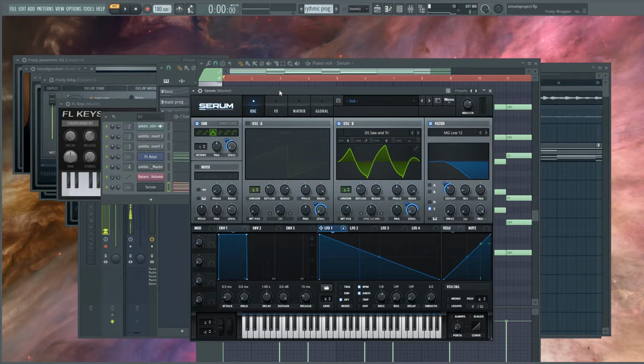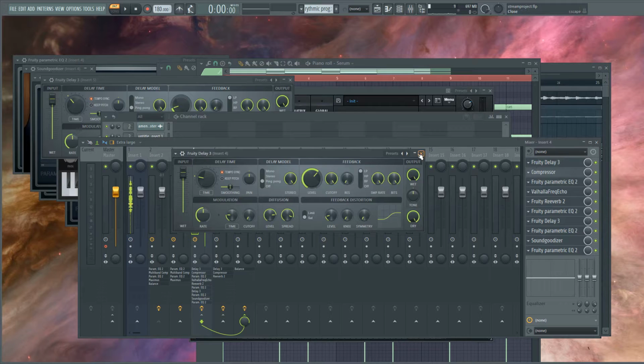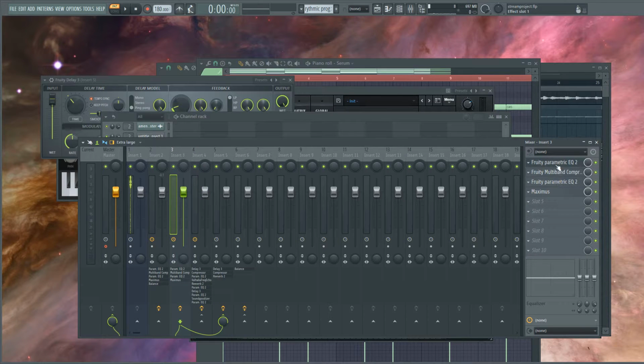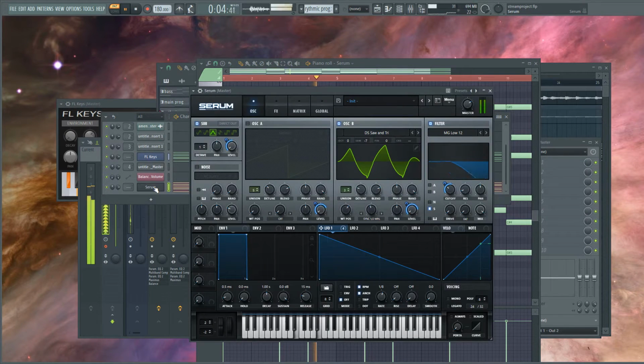Too much going on. I don't want it to be trying to do too many different things. I would rather just have multiple instances of Serum open, but I'm gonna close down all this stuff over here. I'm also gonna bring my... I have all of these open, and they don't need to be. I want a clean project. Okay, back to this. Yeah, I can bring it down to 7 semitones, but...